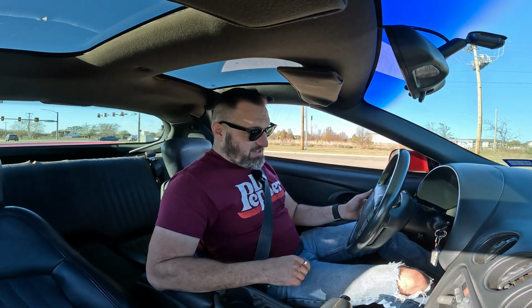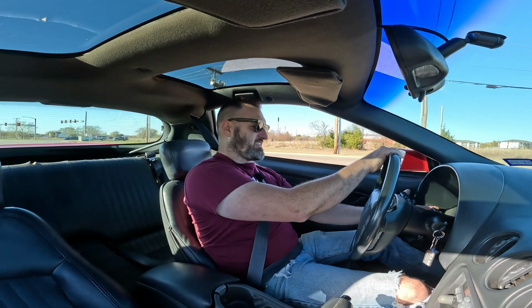It seems, like I said, it seems to run really good, man. It's a nice car. It's a really nice car. I guess he's just going to have to put an Opti in it. It sucks. It should run about the same. It should just start right up. You know, I don't mind